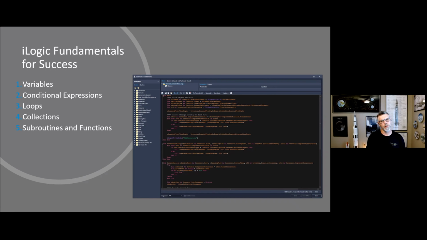Being able to understand loops and what loops do. Being able to do something until we want it to stop. Maybe we don't know when it needs to stop. Maybe it varies. Being able to construct loops in order to handle many different iterations is going to be helpful as well.